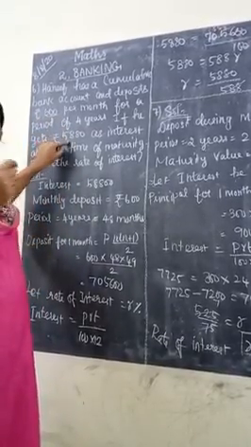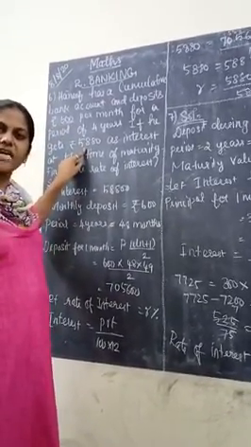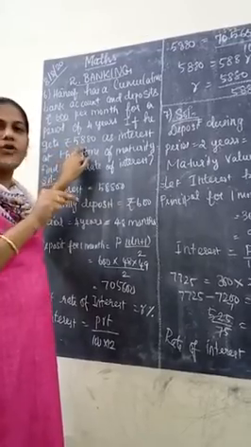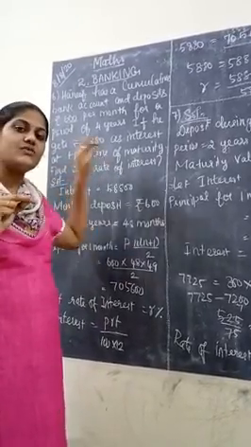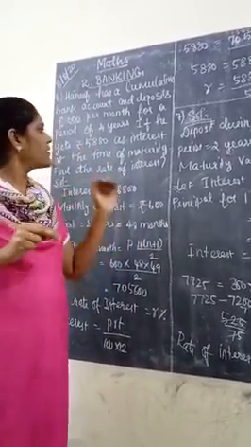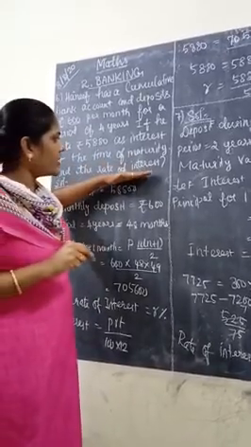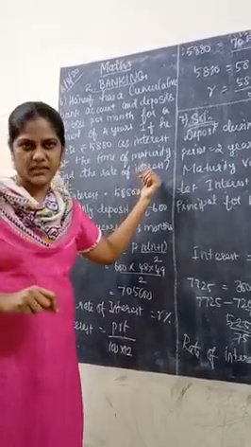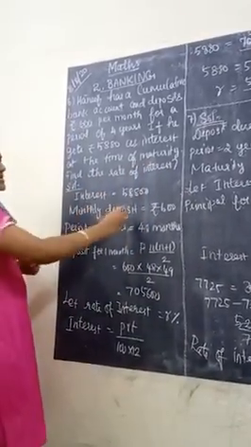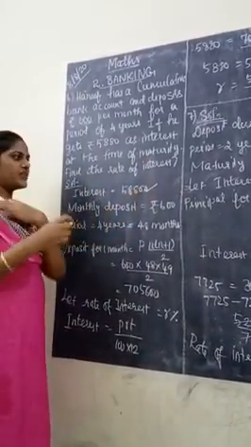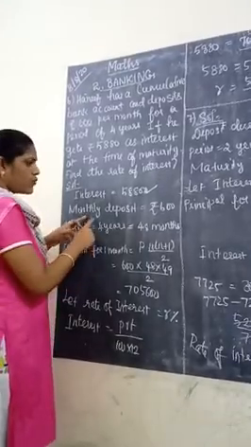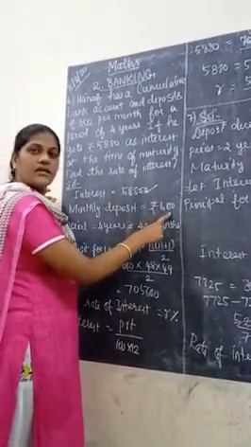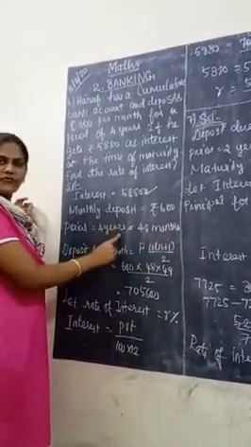Next, at the end of the 4th year, he gets the interest amount of 5,880. That is only for the interest. So how do we find the rate of interest percentage? How do we find this? Listen now. What is the interest amount? 5,880. What is the monthly payment? Rupees 600. Period 4 years.